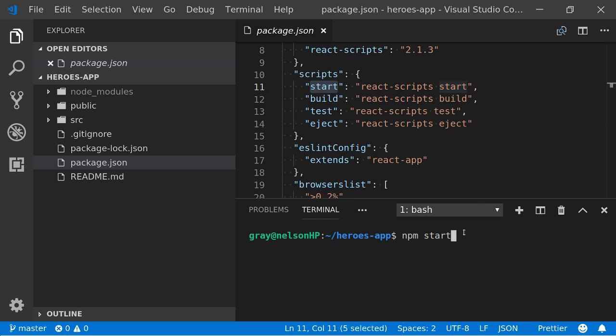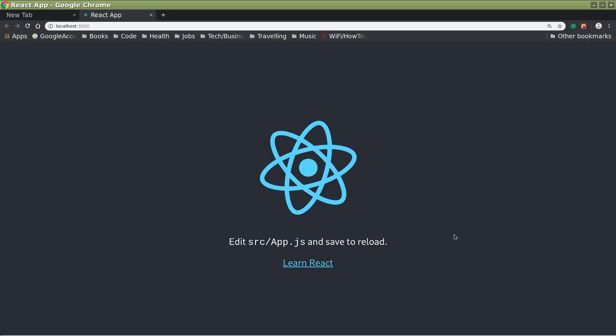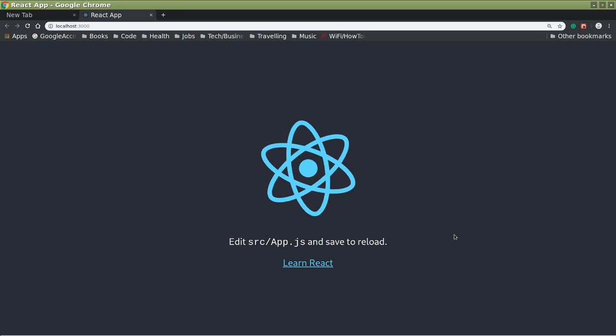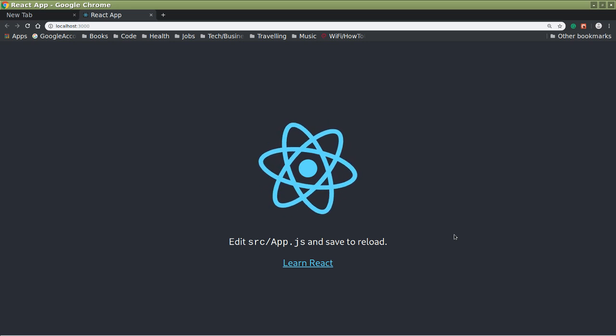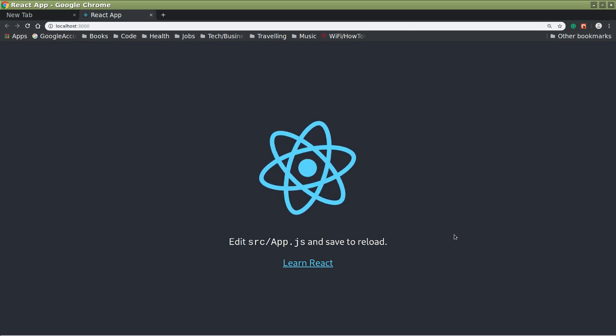So npm is Node Package Manager. If you've installed Node, then Node Package Manager comes with it. And it's just a script that we can run. So type that, hit enter. It says starting the development server. Chrome pops up, and we should get a page like that. And that's our demo app, or our very basic skeleton structure that shows that everything's working as expected. So we're running a server locally, and it's displaying our app.